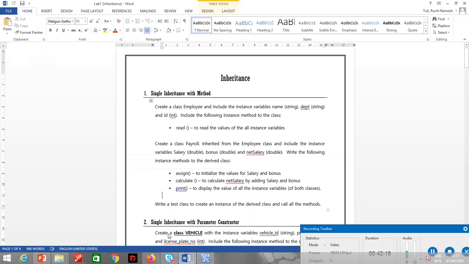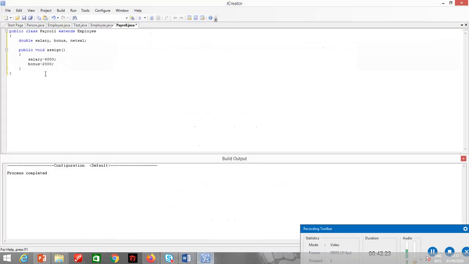Then what's the next method? Calculate. I need to calculate the net salary. So another method, public void calculate. So I need to calculate net sal is equals to salary plus bonus.